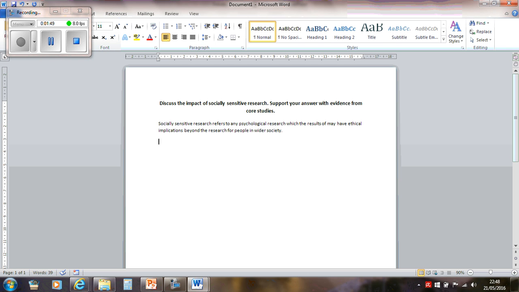So you might say then, let's think of a plan. So socially sensitive research is going to be good because it'll have practical applications. But it'll be bad because you might cause ethical problems like protection from harm. But then it's going to be more valid, so we can actually truly explain behaviour. So that's probably going to be a better one before you talk about practical applications. Maybe do the ethical one there, and then